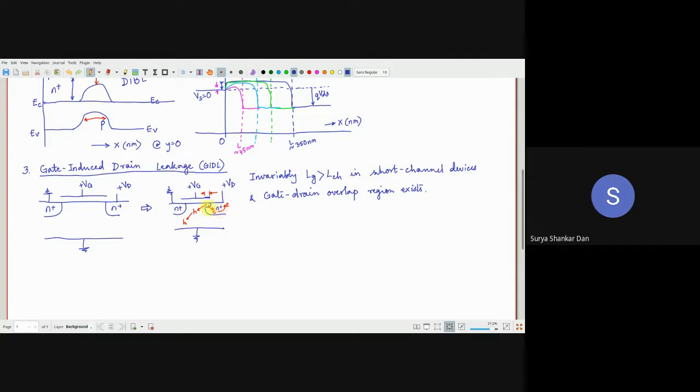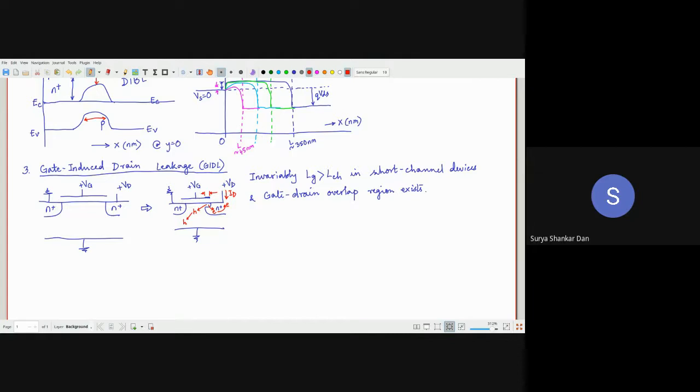However, what will happen to the electrons here? These electrons will be added to the N plus drain, and these electrons will go to the plus VD. So what is the net effect? Remember, the current which you see is essentially driven by this particular terminal. Yes or no? So you will suddenly find that the current increases because of these electrons. Correct. But these electrons are not coming from the source. They are not coming from the inversion region at all. Yes or no? So what will happen?